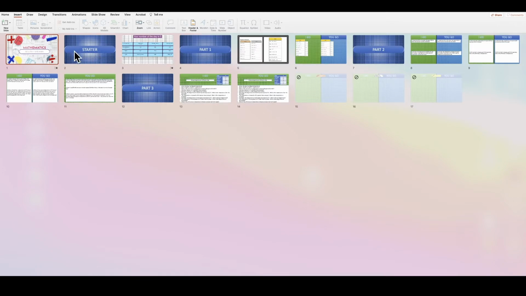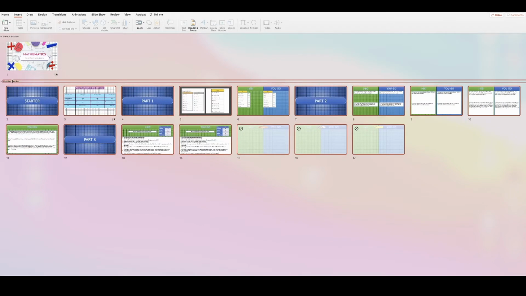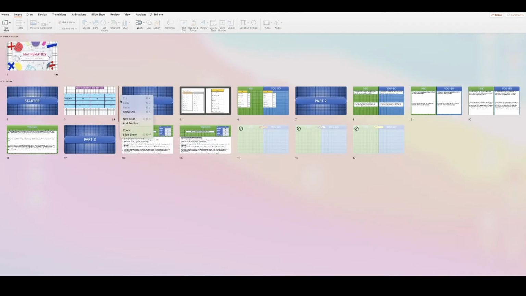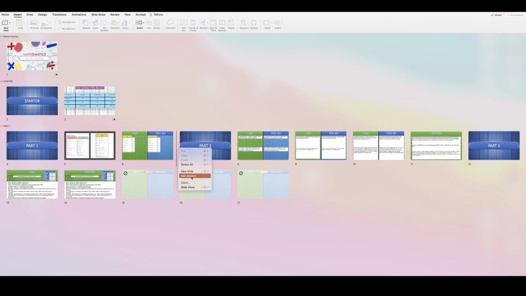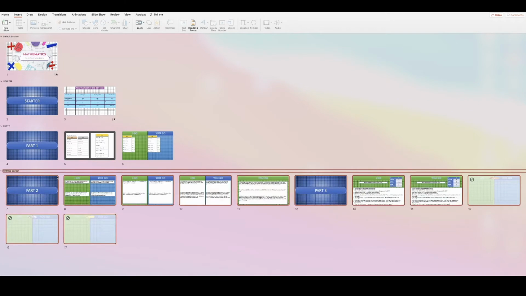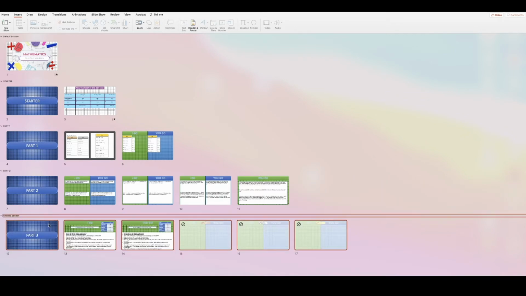So what we do is we look here, we've got our starter, part 1, part 2, and part 3. And what I want to do is split these up. So in here, I'm going to add a section, and I'm going to name this, and we're going to call it starter. Okay, so we've got that in there, and then I'm going to click for the next one in here. I'm going to add a section. I'm going to call this part 1, and then we can do the same for part 2 in here. So add section, call this part 2, and for our last bit here, add a section for